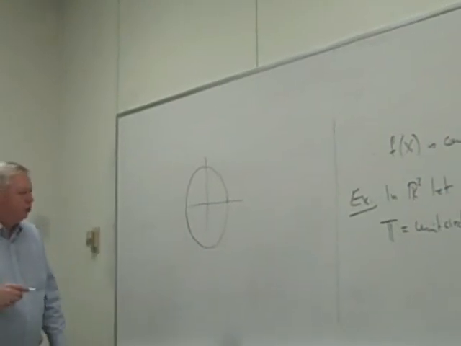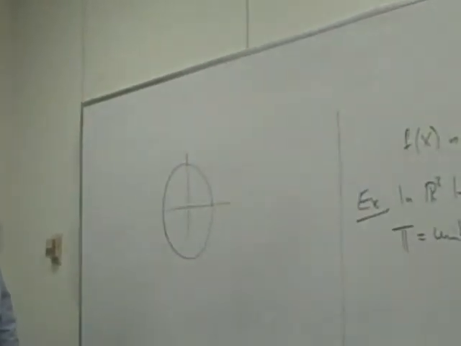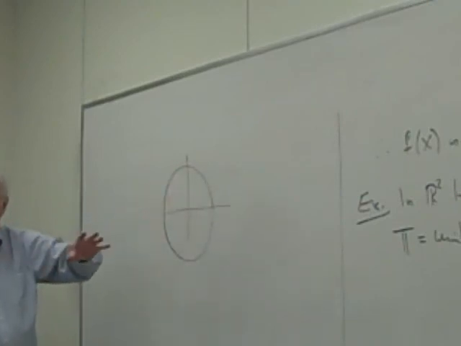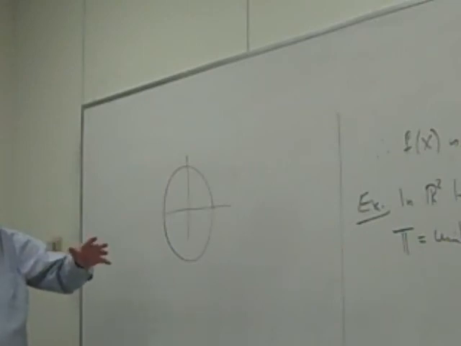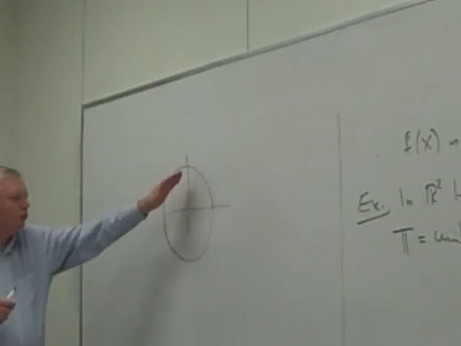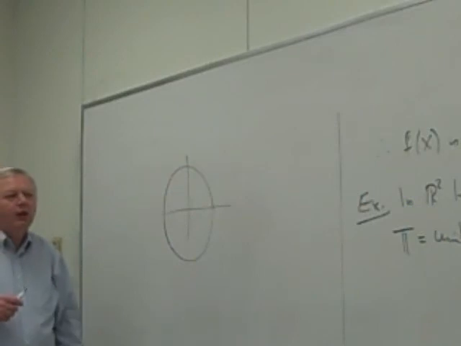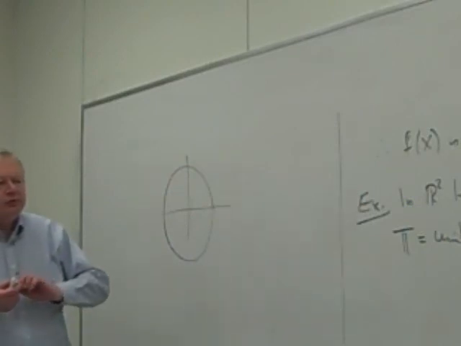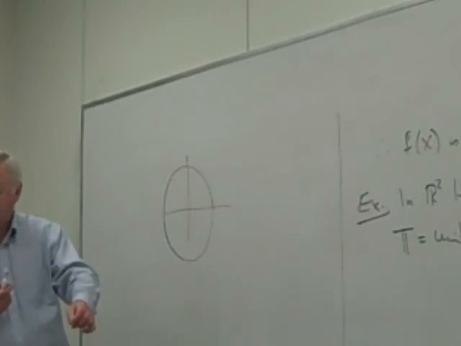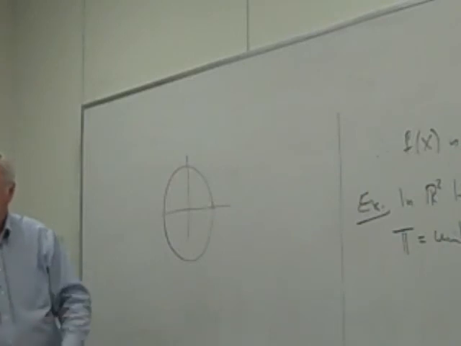And again, it's intuitively reasonable. It's hard to imagine being able to break the circle into two open subsets, each of which is non-empty, and they are both disjoint. But rather than do some calculations, we can just use this theorem and get it immediately, just observing that it is the continuous image of a connected set. And so it stays connected.